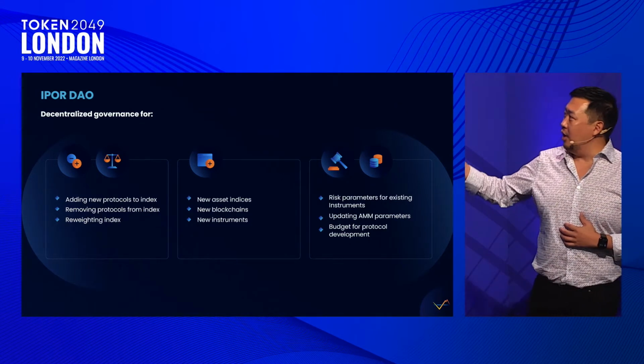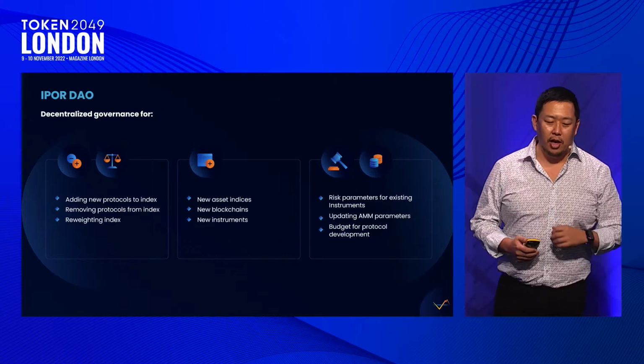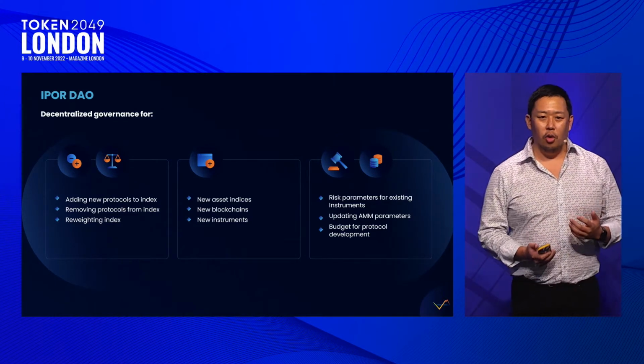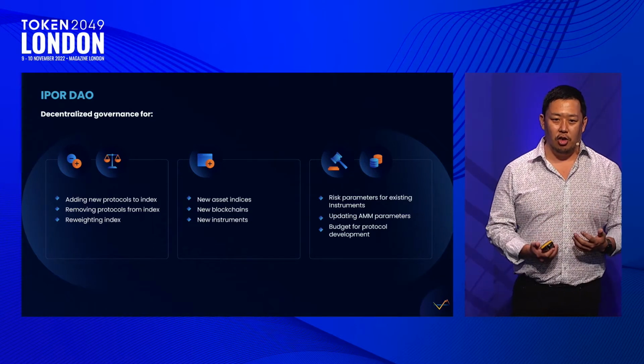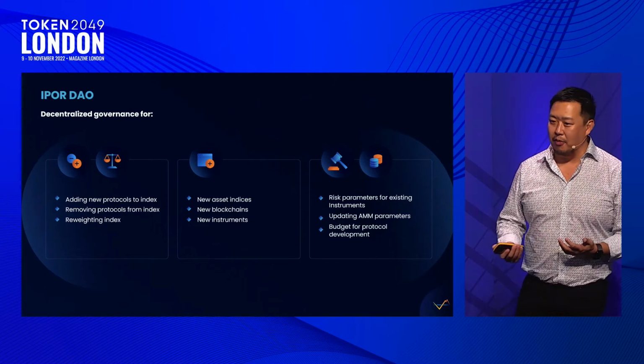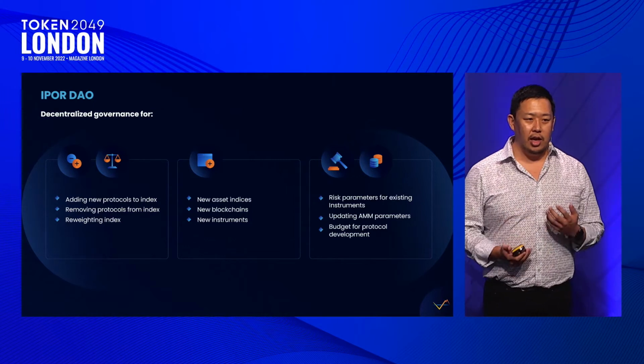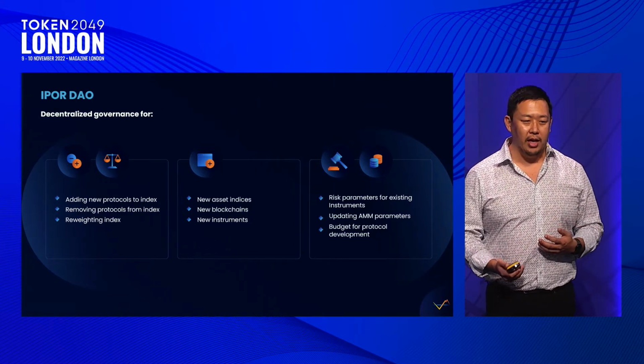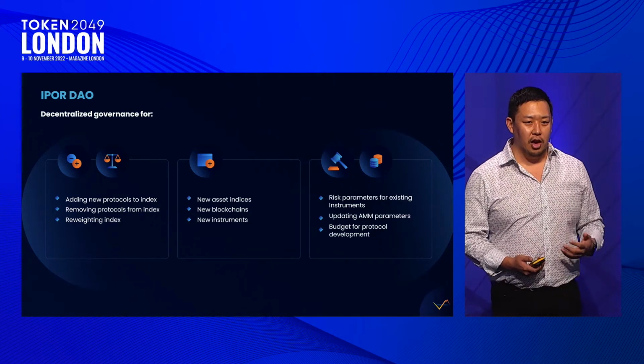Okay, and then finally, the last part is talking about the risk management on the instruments themselves. So the risk management: how do you change the constructs and the constants on the AMM features? How do you change the risk dynamics for how much risk the protocol can underwrite? Again, these will be decentralized governance decisions.